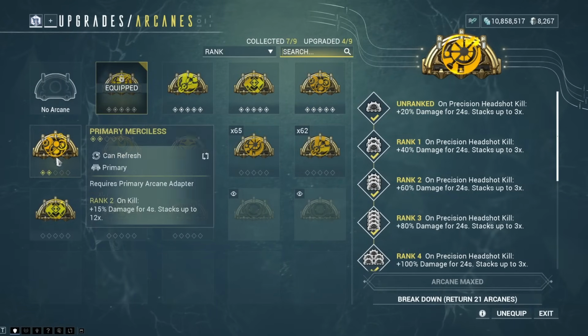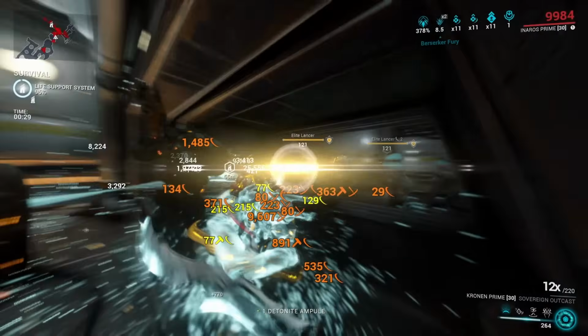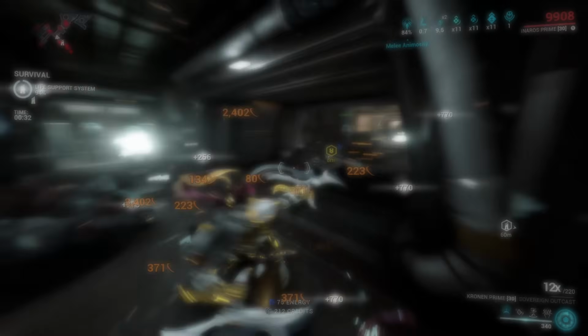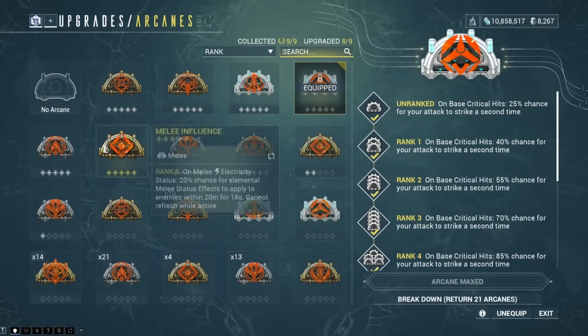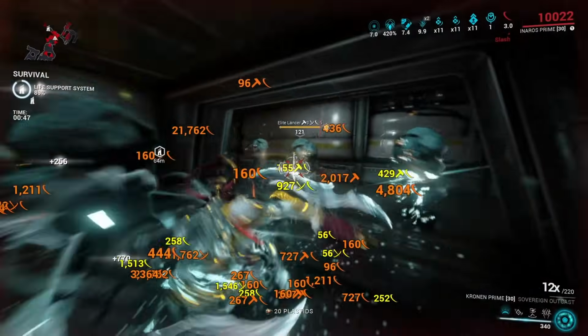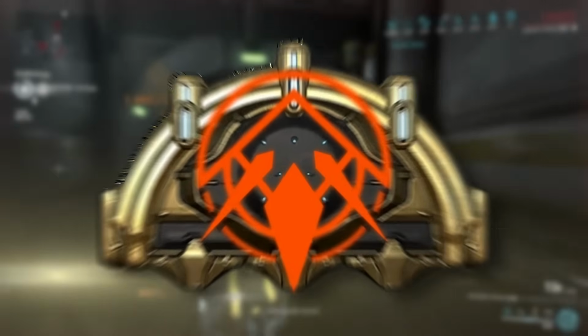So, we talked about the primary weapons, we talked about the secondary weapons, including the kit guns, so up next, you guessed it, we're gonna talk about the melee weapon arcanes, which we also have in the game since Whispers in the Wall. And here we have actually a really strong selection. Pretty much every melee arcane seems to have some use at least. However, I only want to go over the 4 that in my opinion are the best ones, starting out with